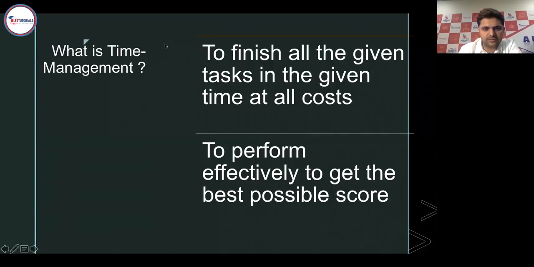best possible score? So time management actually does not mean that you have to finish all the tasks in the given time at all costs, but actually you have to perform effectively to get the best possible score. Now remember, I'm not telling you that you do not have to perform all the tasks. What I'm telling is that you have to perform effectively within the given time, depending on what your abilities are,